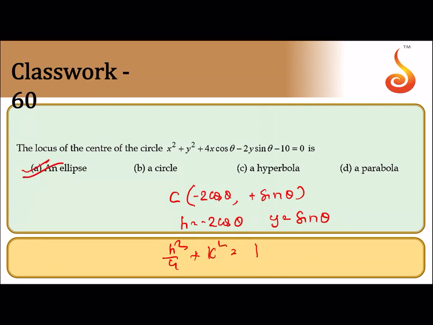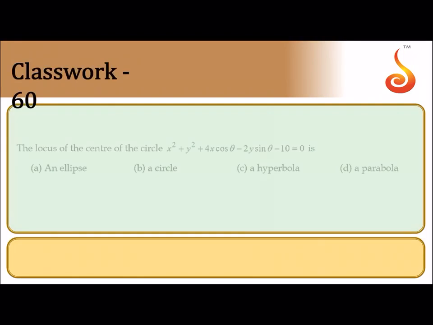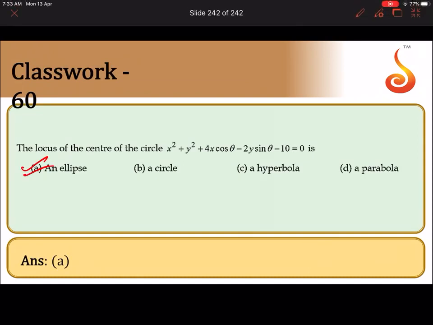So we get h square by 4 plus k square is equal to 1. So the locus will be an ellipse, where the locus points are h comma k. Option A, ellipse, is correct. So we have covered almost